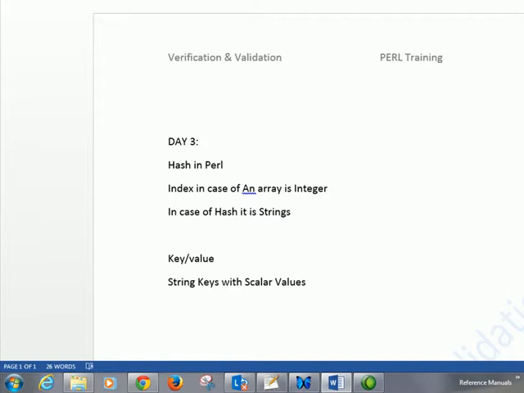Now think of a hash like a contact list. So in a contact list, what happens? You have your friend name written, okay? You have John, and his number will be written as, for example, 123.